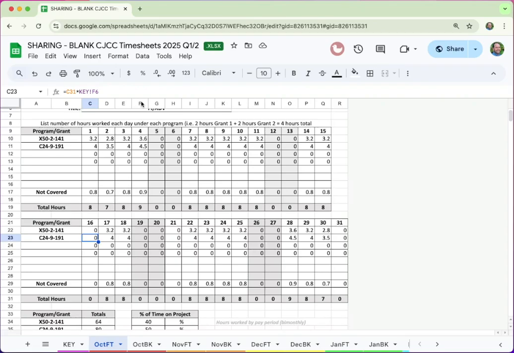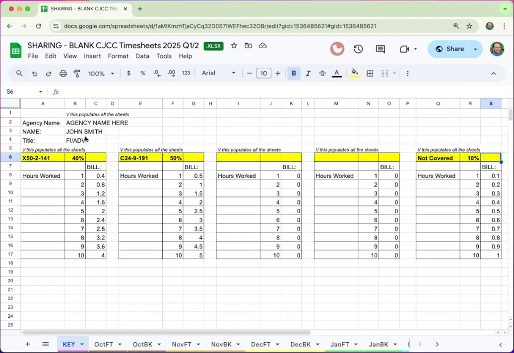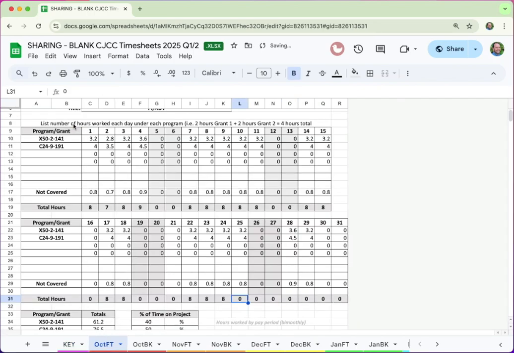Looking at the blank CJCC timesheet. This one I made for quarter 1-2 of the 2025 cycle. So I've already started kind of editing stuff here a little bit. So if we went back